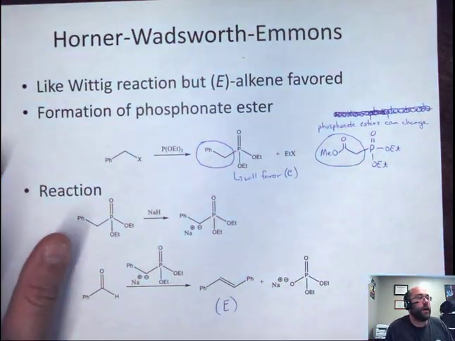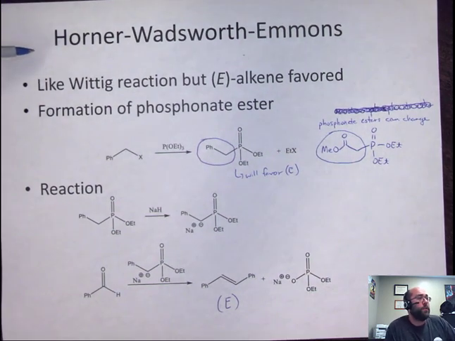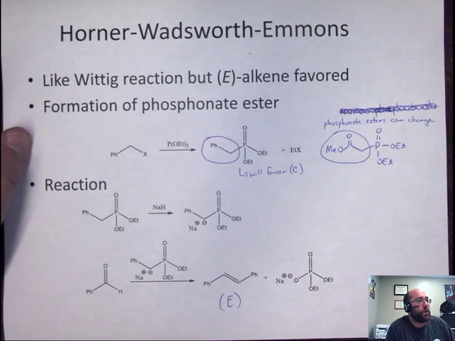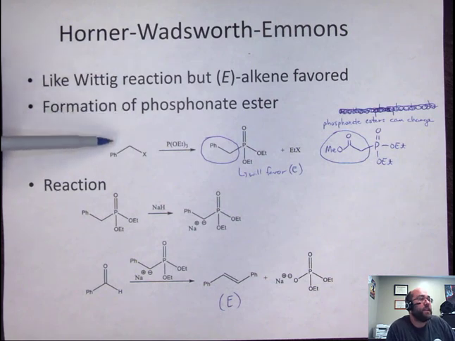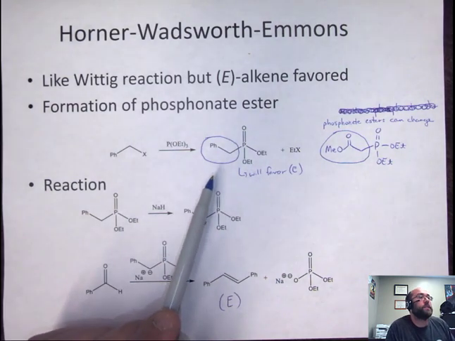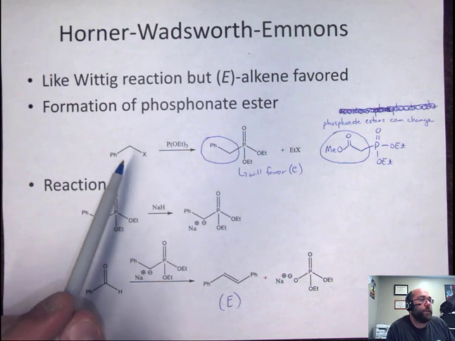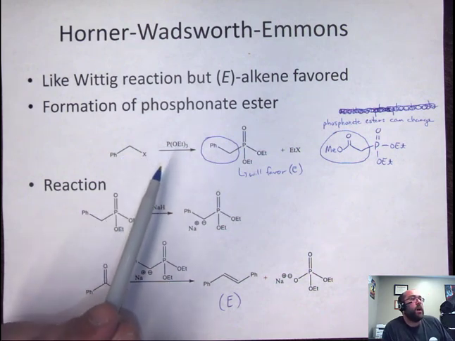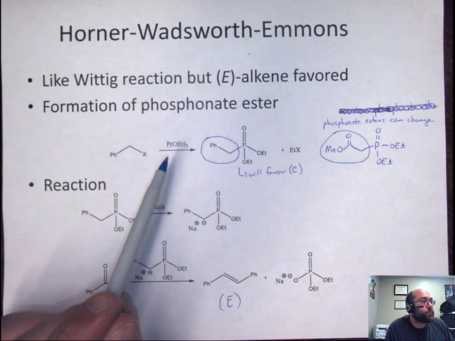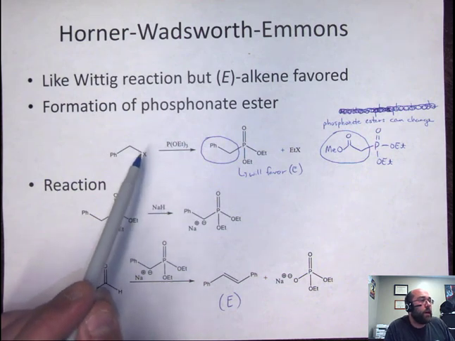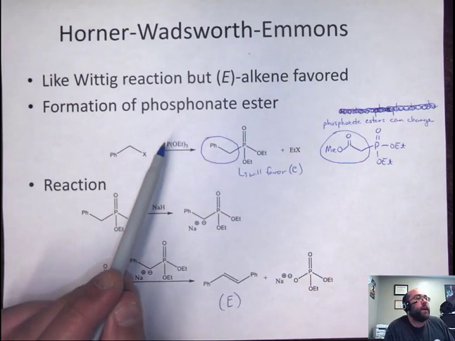All right. Now, as we saw with that, you can have E and Z products in your alkenes, but if you use the Horner-Wadsworth-Emmons reaction, instead of using an ylide, you would actually use a phosphonate ester. And so when you form your phosphonate ester, you're doing something very similar. You're doing this SN2 reaction, where you're going to see some type of halide, primary halide here, and you're going to kick that off